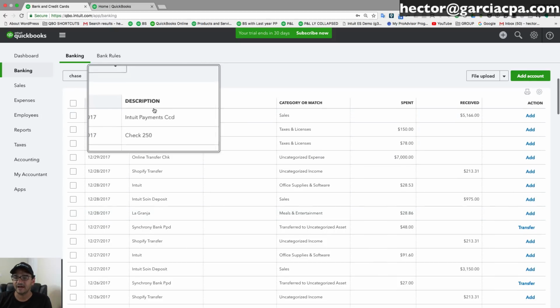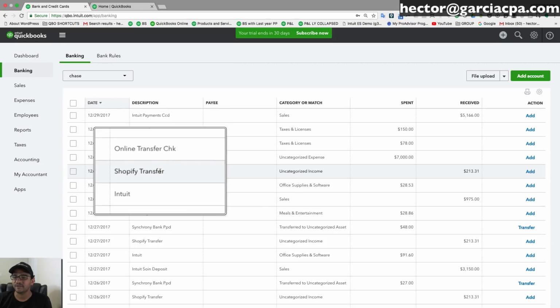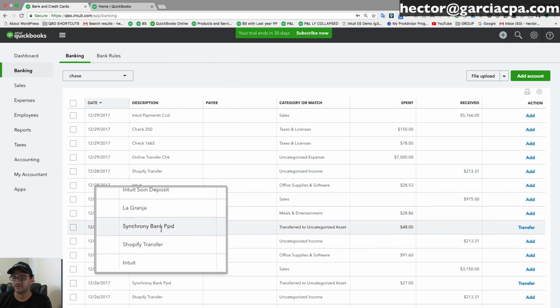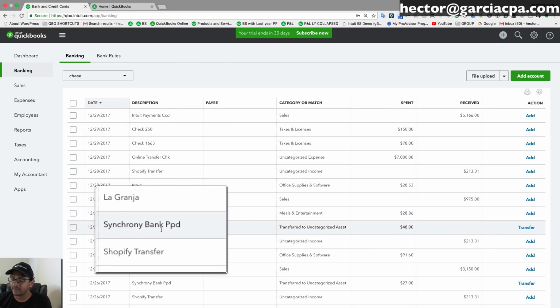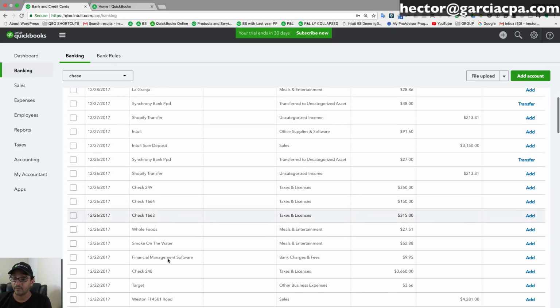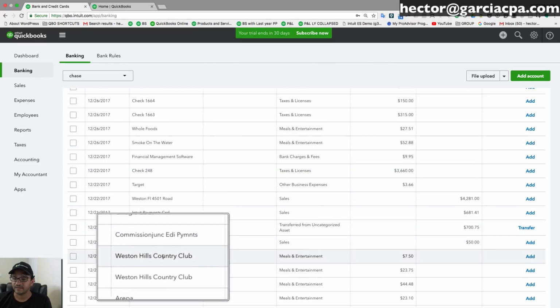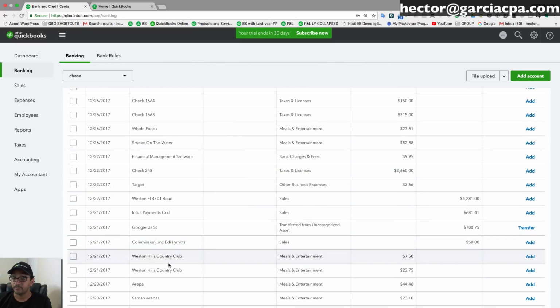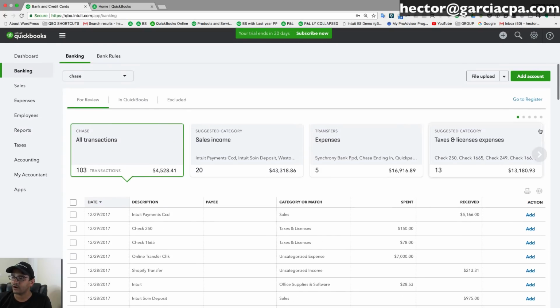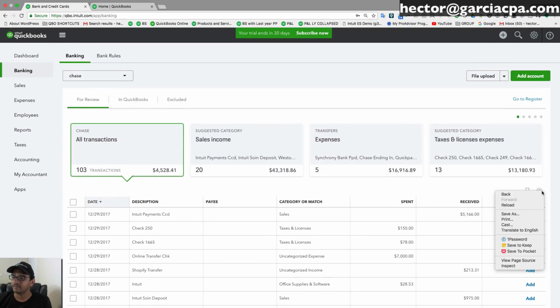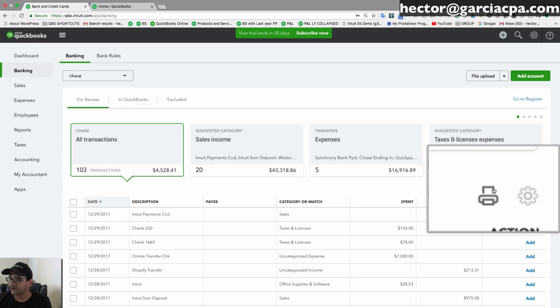The other piece is the description. By default it is a cleaned up description. QuickBooks actually cleaned up the payee name that came from your bank. In some cases, it will clean it up really well. In some cases, not so much. If you look at my screen, it looks pretty clean. But if I scroll up and click on this little tiny hidden gear icon here on the right side,